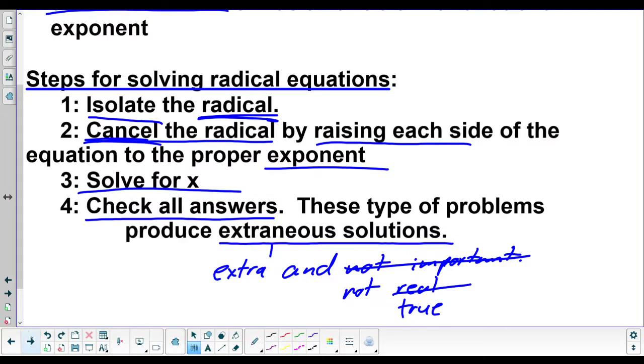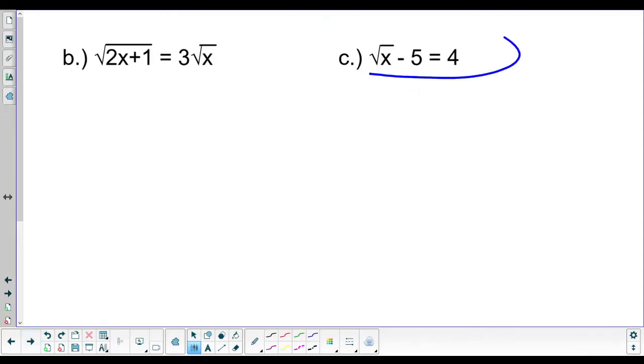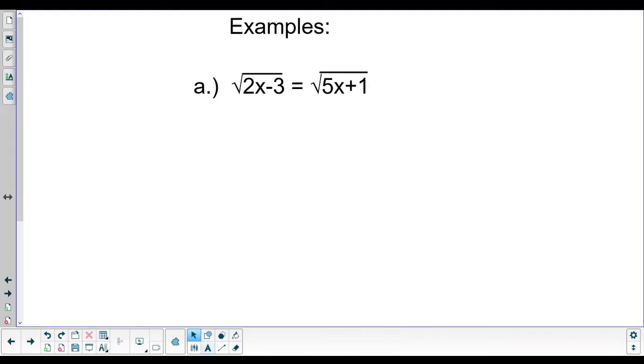So let's try and follow these steps on this example. Right away, you're going to say, Mr. Barton, how do I isolate the radical? If we have radicals on both sides, you don't. Really what you want is a radical equals a radical, and then we're going to cancel something on both sides, which will be fine. In other problems like this, you're able to get this thing by itself, so you're going to have to do that. But for this first example, I don't think I can get the radical by itself, so I'm going to go ahead and go to step number two,